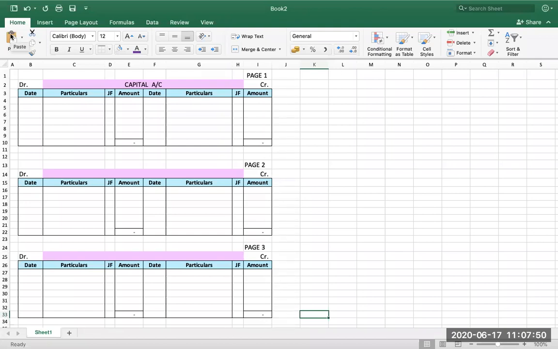As I gave you an example earlier, when you go to a grocery shop or a departmental store, you buy many things, put them in one trolley, and then when you come back home you have to segregate. Similarly, it is the process when you are writing the entries in the journals. You are putting every entry, irrespective of the account, whether it is cash account, purchase account, or sales account, day wise in the journal.